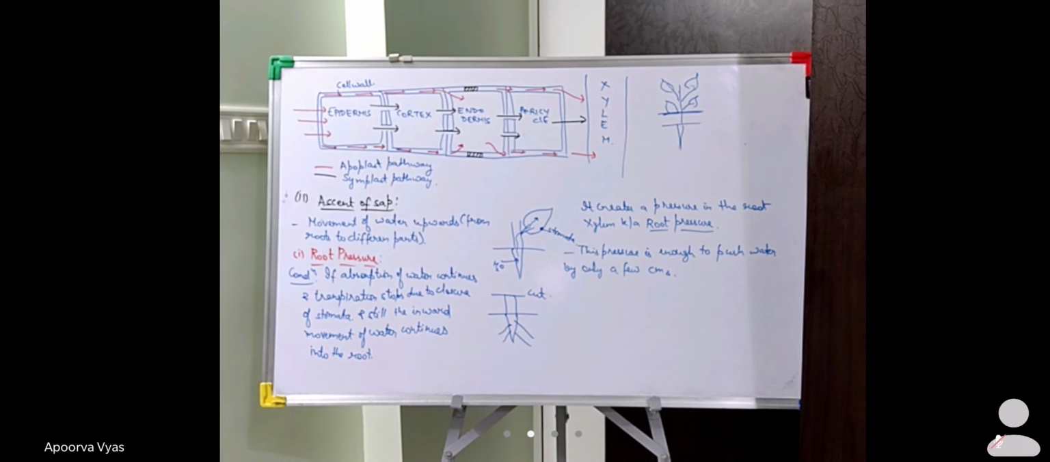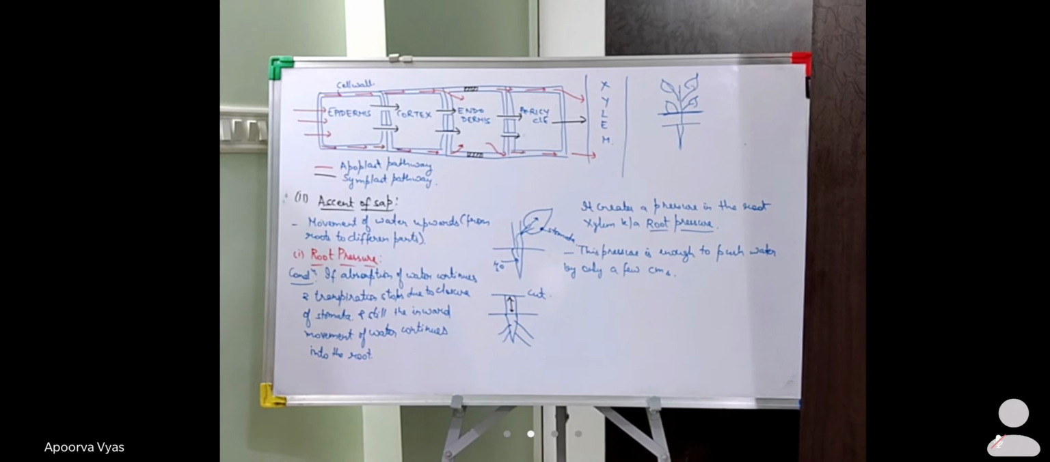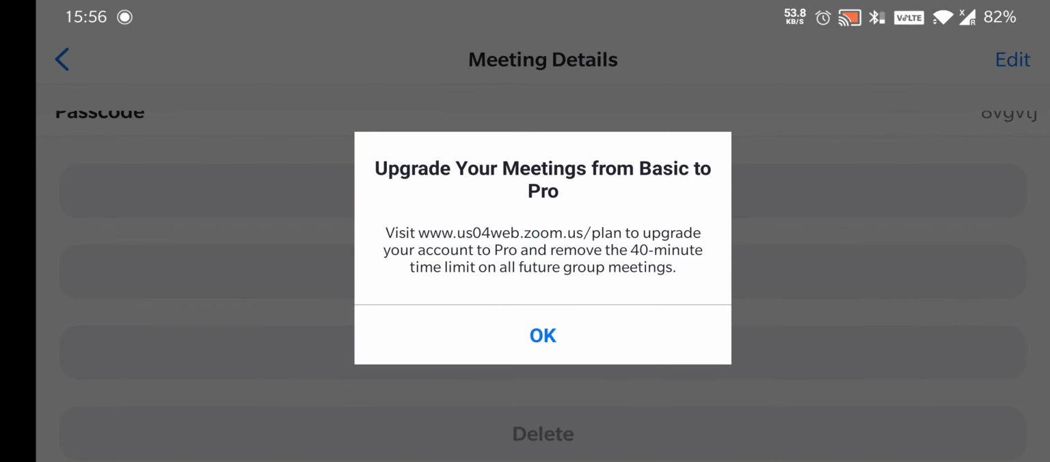ठीक है? अच्छा, अब इसके वजह से क्या होगा? Since there is no transpiration taking place here, due to this a root pressure is created in this cut region. So इतने से ये जो region है, इस region में एक root pressure develop हो जाएगा. It will create a root pressure in this cut part of the root. We can easily see that in the form of droplets on the tip. That is, यहाँ पे क्या होगा, जब